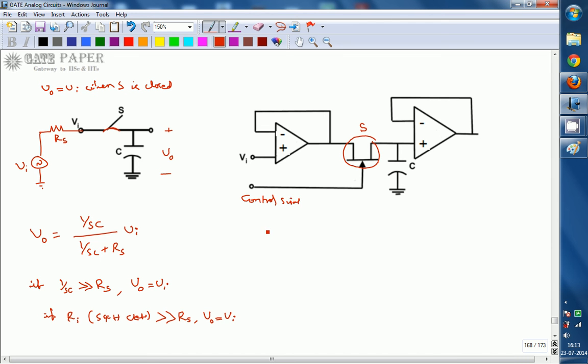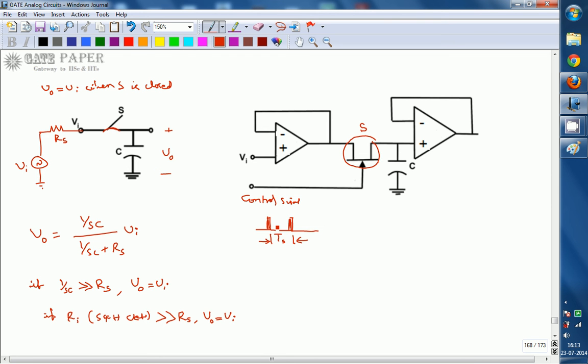Control signal. This control signal is going to be like this. For every Ts seconds, a logic 1 is going to be applied, for a minute time. So the duration between these two samples is nothing but Ts. For every Ts seconds you are applying a logic 1, and whenever you apply a logic 1, the switch is